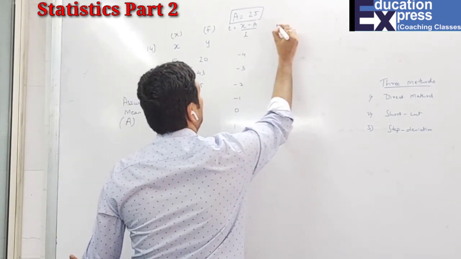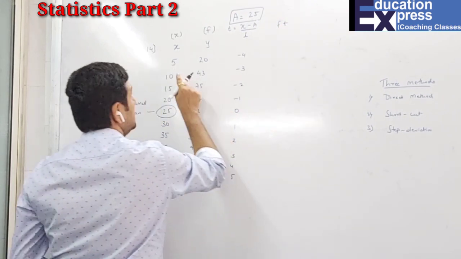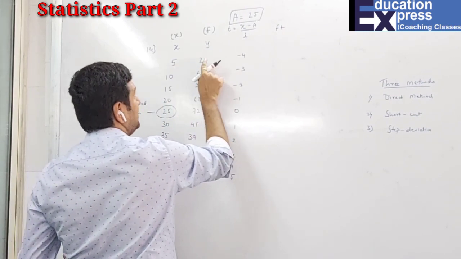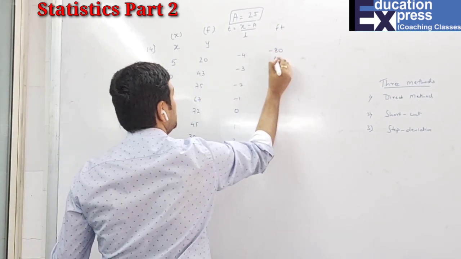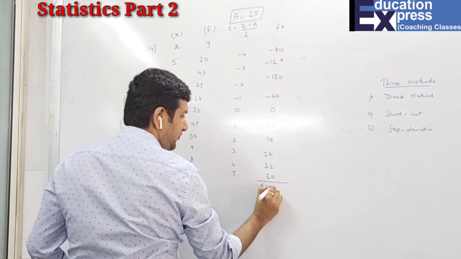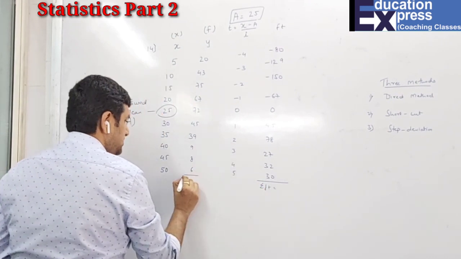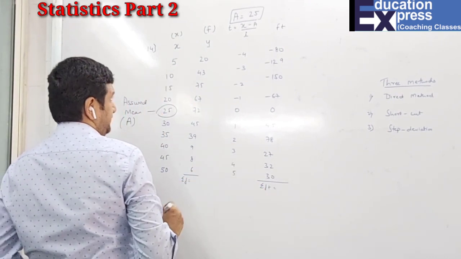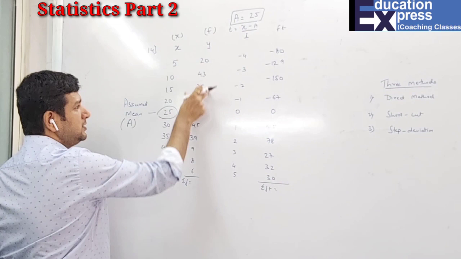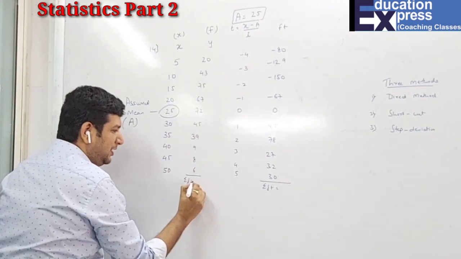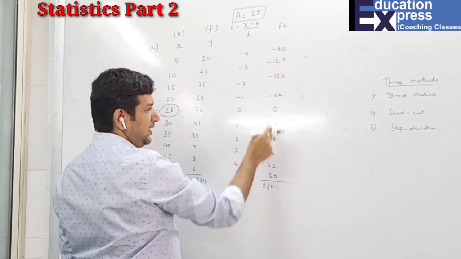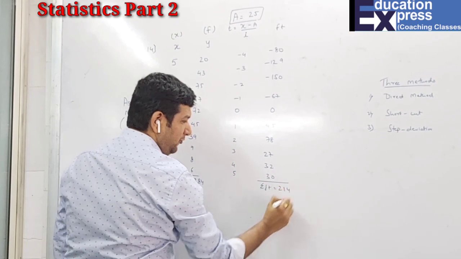So now the next thing you find is your f into t. So what is the ft now? F is 20. 20 into minus 4, minus 80, then minus 129, then minus, so sigma ft, and this is your sigma f. So now students will add all this. So everything we will add, you will get sigma f is 384, and here also we will add everything. Obviously this plus minus. So the final answer will be 214.